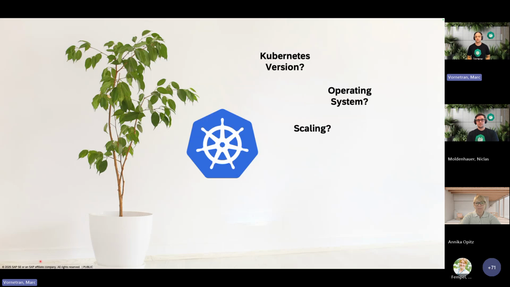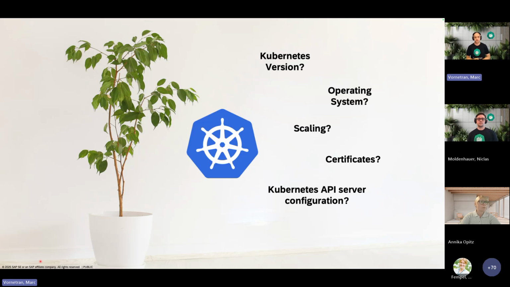And of course, questions like, how do I want to scale? What are the metrics, the signals that I want to use? A typical scenario is TLS certificates. How do I provision them? How do I manage their life cycle? And of course, the Kubernetes API server also has a plethora of configuration options that I need to take care of. And then even with all of these questions out of the way, I still need to ask myself, okay,